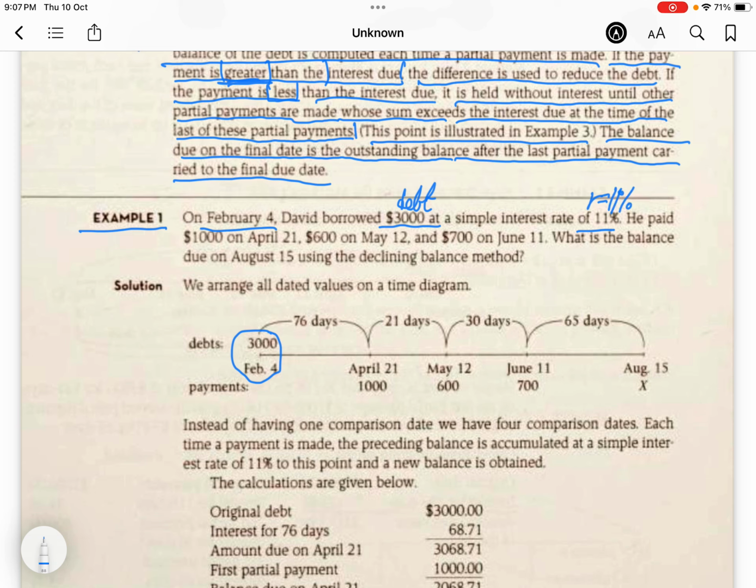He paid $1,000 on April 21, payment 1, and $600, payment 2, on May 12, and paid $700 on June 11. What is the balance